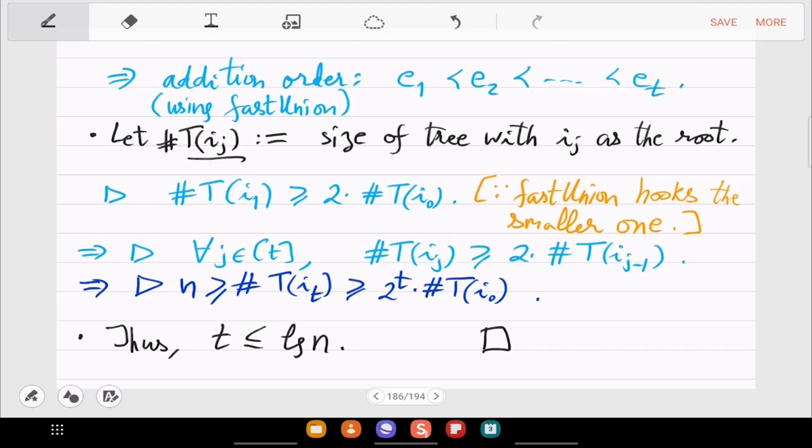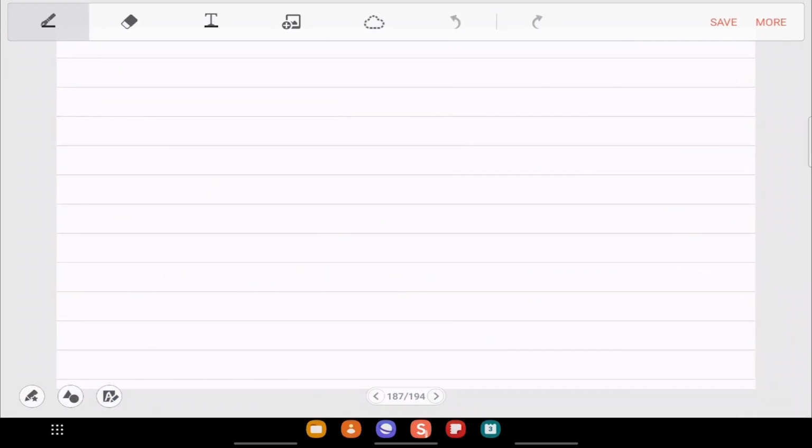And now, as we did last time, you just look at the steps of fast union. The most expensive step is actually find I and find j, and that is now bounded by log n. So that gives us the result for union of disjoint sets. So theorem by Galler and Fisher.